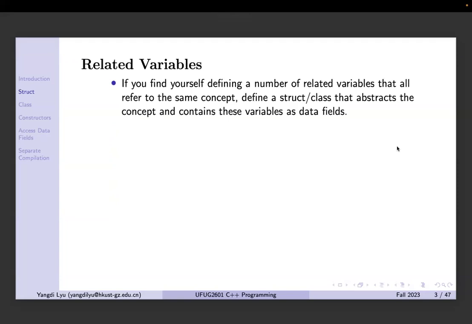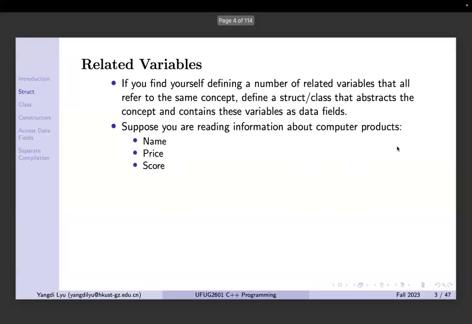When we are talking about the variables, right? When we talk about arrays, we said array address and size. These two are basically related variables, right? These two are related. They should belong to someone. So if we are trying to define a number of related variables separately, as independent variables, sometimes we will have some issues. So using this one as an example, assuming we have